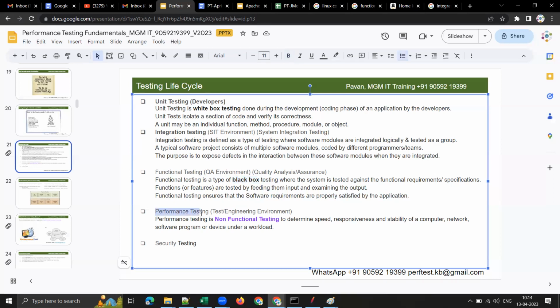The next type of testing is performance testing. The course that you have opted for, or that I am going to provide, is on performance testing. So performance testing is non-functional testing. We don't test the functionality of the application. We are not bothered about the functionality because there is a dedicated team for that. Performance testing is non-functional testing to determine the application speed, responsiveness, and stability of a computer, network, software program, or